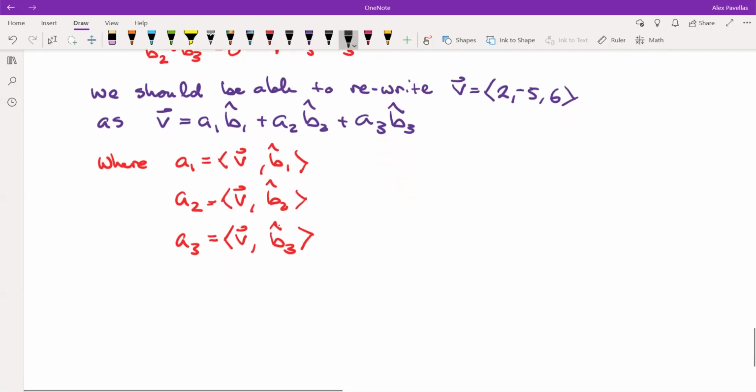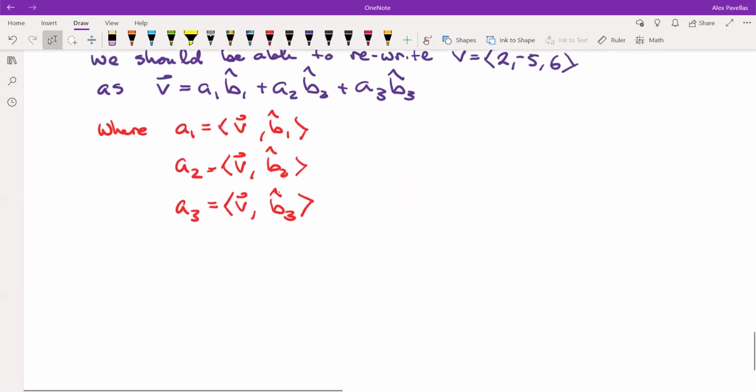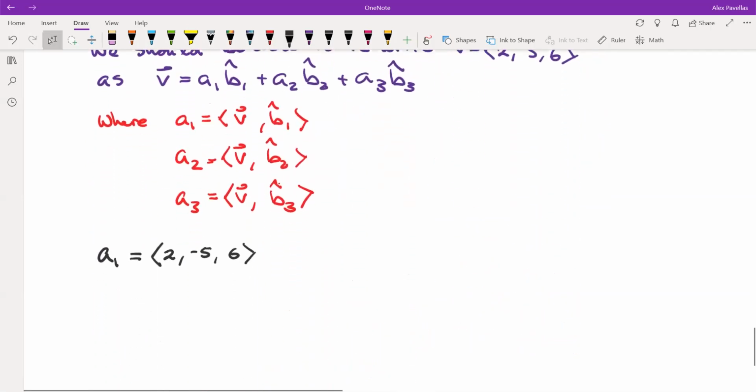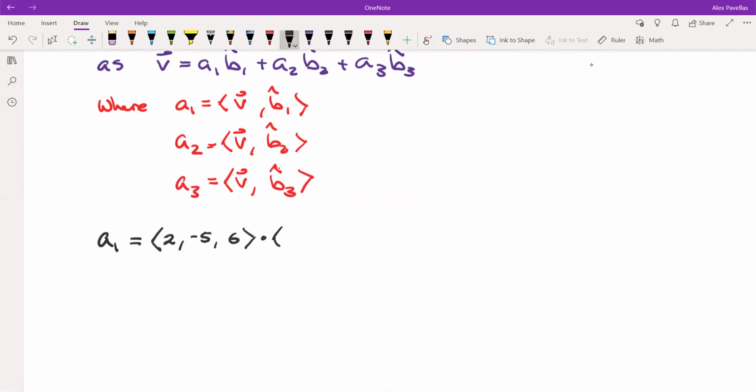All right, well, what's A1? A1 is V dot B1, right? That coefficient would be the dot product of 2, negative 5, 6 with our B1. What was our B1? 1 over root 3, 1 over root 3, 1 over root 3. So dotted with 1 over root 3, 1 over root 3, 1 over root 3. And we evaluate this dot product, we get 2 over root 3